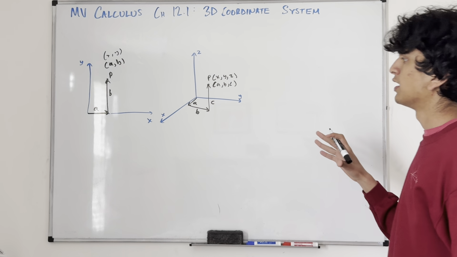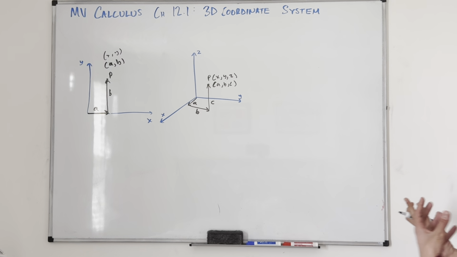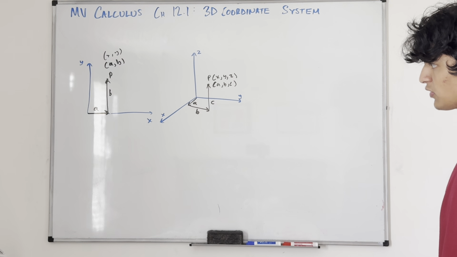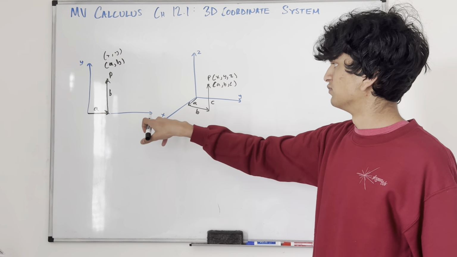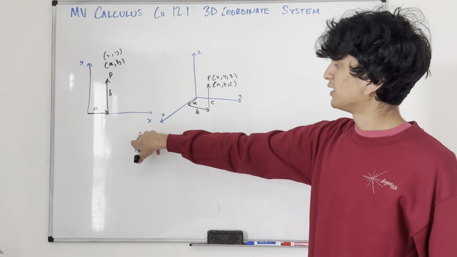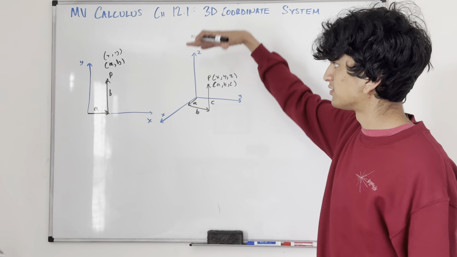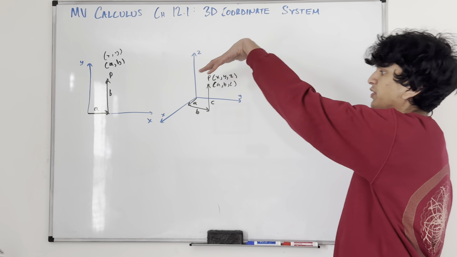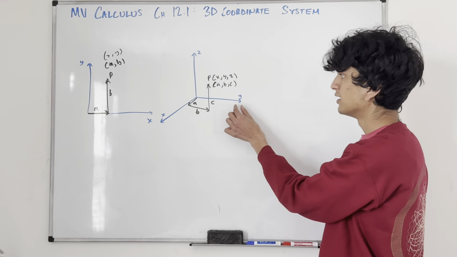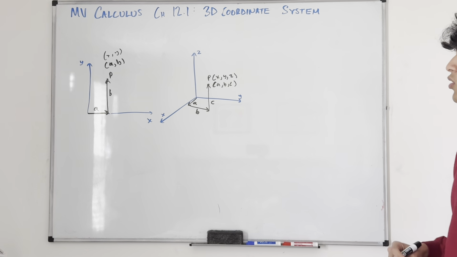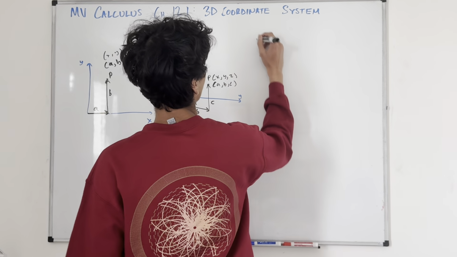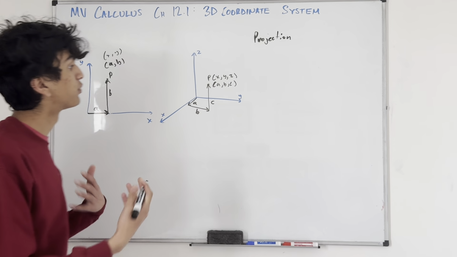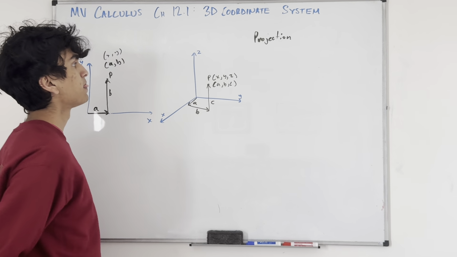The thing is that with the 3D coordinate system, you can have projections. Imagine the XY plane is really just us looking down the Z-axis. If you imagine looking top down from the Z-axis, it's like a bird's eye view. So the projection, I guess I should write this down. Sometimes what we'll do is say the projection on the XY plane of point P